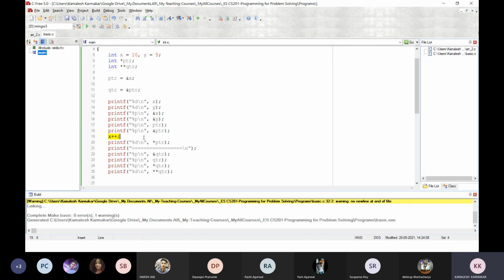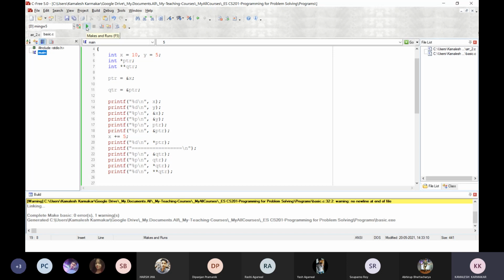And as ptr is pointing to the same memory location, star ptr will print 11. As x is 10, x plus plus will update it to 11. Similarly, star qtr will again print 11. Or instead of this, if I write x plus equals 5, the value of x is 15.